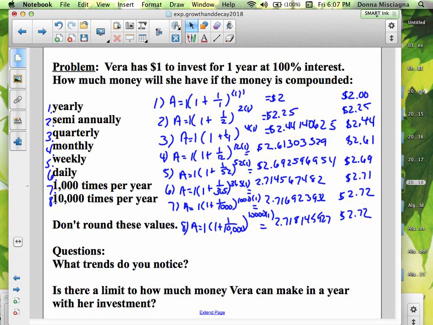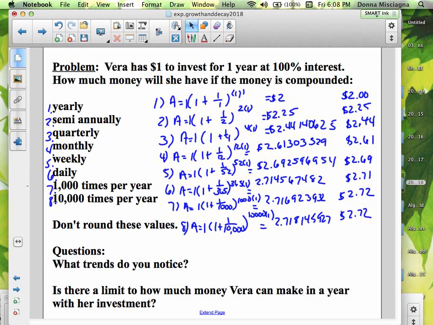If it was compounded daily, she would get 366 over 365, raised to the 365th power. And that would be equal to 2.714569482, which is